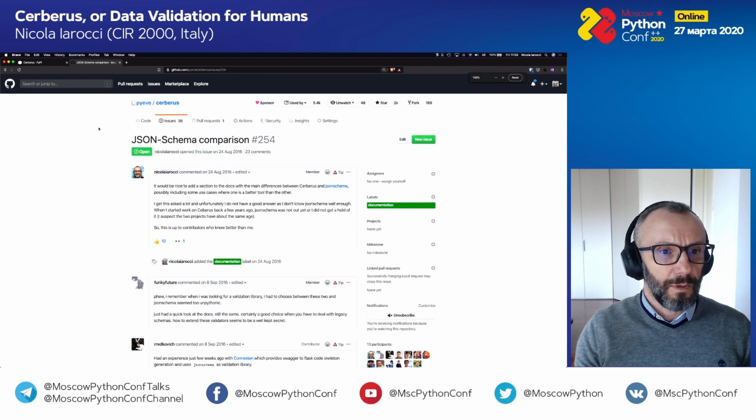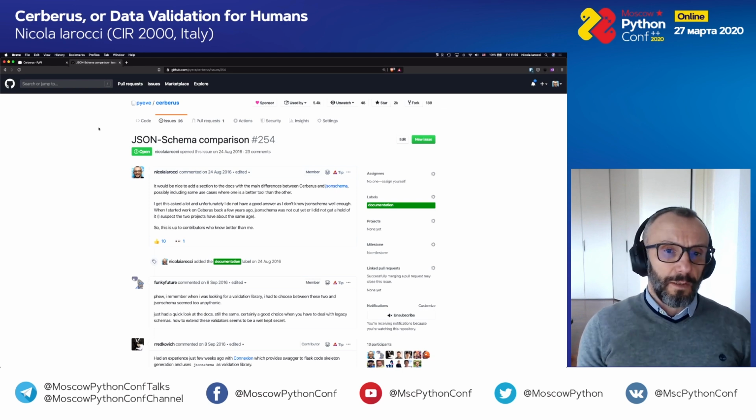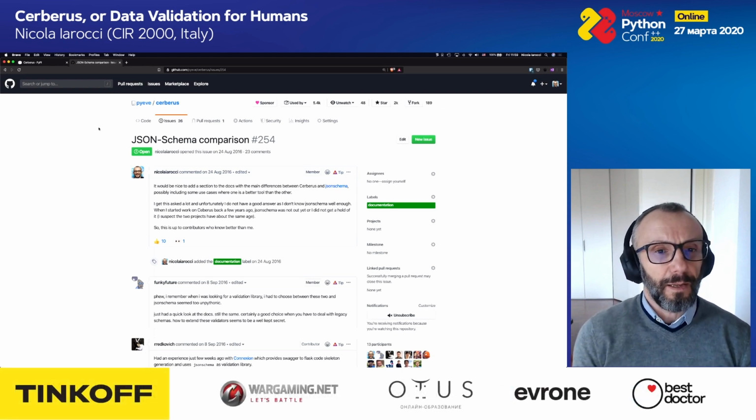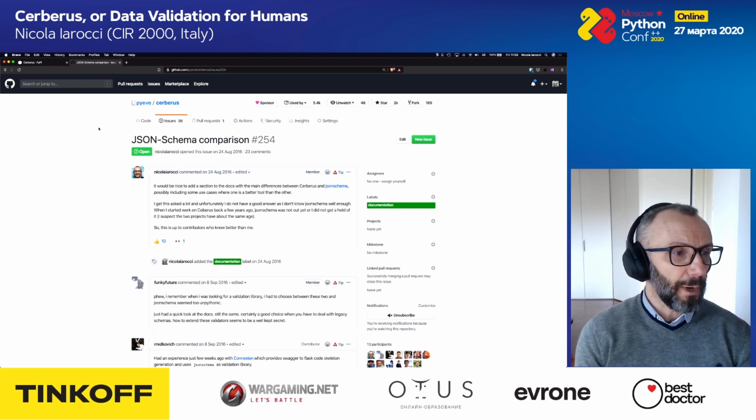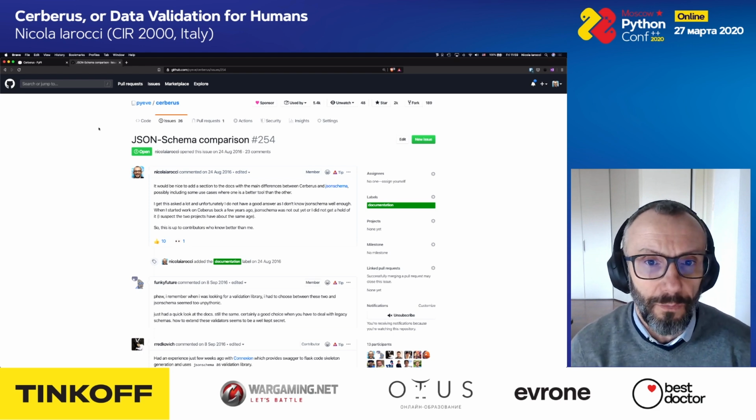Can you see it now? All right. So this dates back to 2016, and there is a story about JSON Schema because I'm telling it here in this ticket. So you can go and check ticket 254.